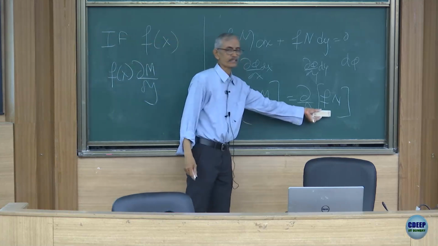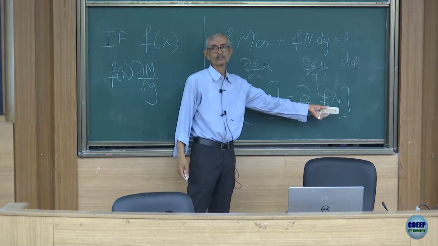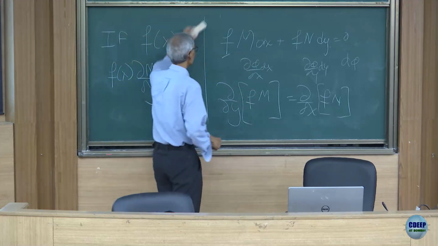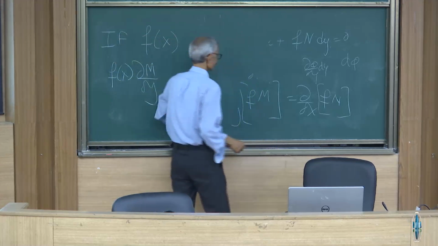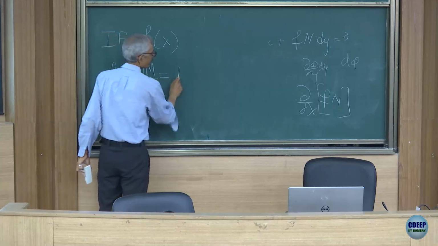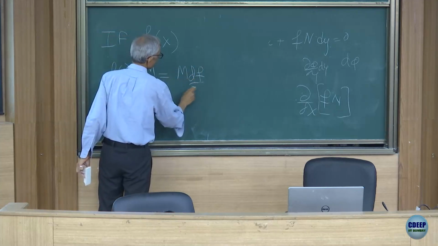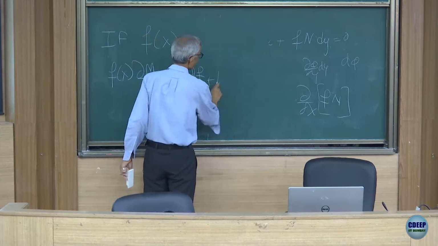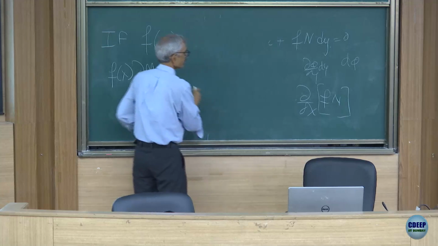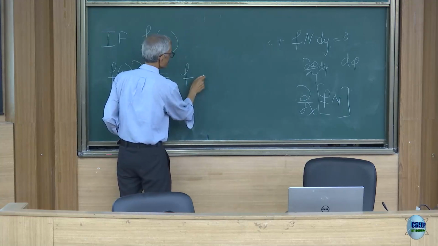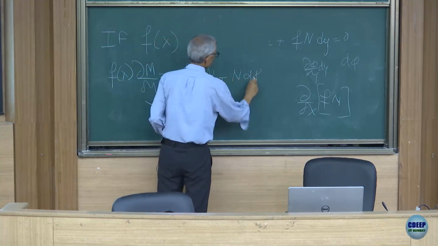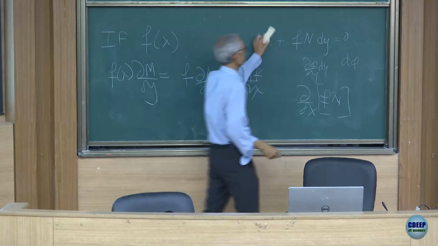And what about here? Can I pull it out? No, because the derivative is with respect to x. So we will say that this is equal to M times df dx plus N times